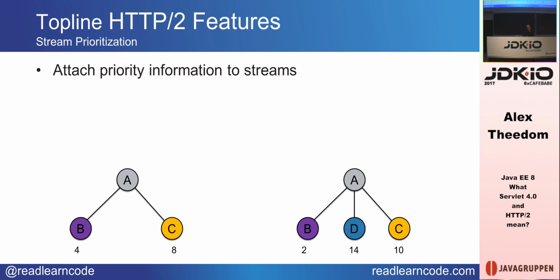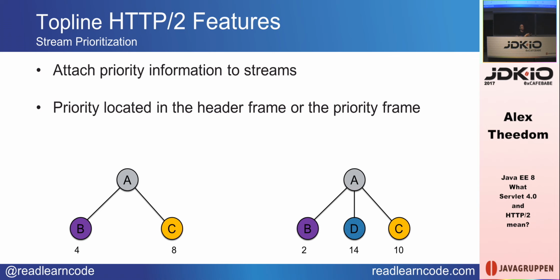So prioritization. Let's look at this very quickly. Again, prioritization can be specified hierarchically. It's literally just a number that represents a percentage of resources that needs to be attached to each stream. Now, the priority is either located in the header frame or it's in its own priority frame. And we saw earlier that there was a header type called priority, and that's where it could be specified. So two places where the priority for this particular stream can be specified, in the header or in its own